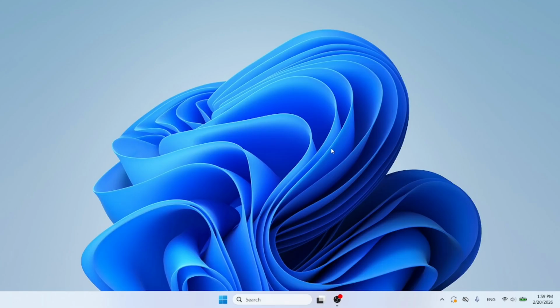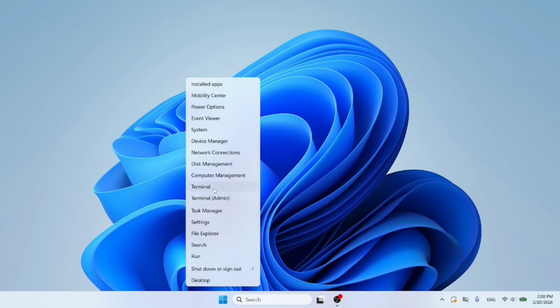Hi, today I'm going to show you how to enable or disable mouse pointer trace in Windows 11. If you want to change these settings, you need to right-click the Start icon and